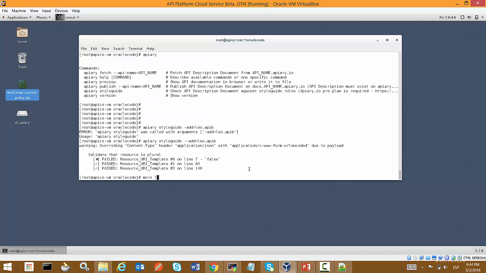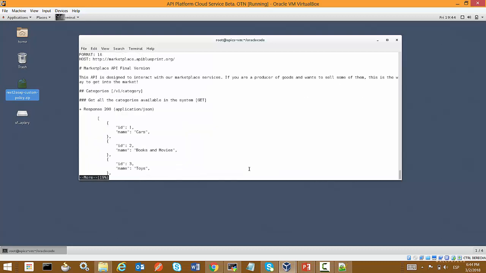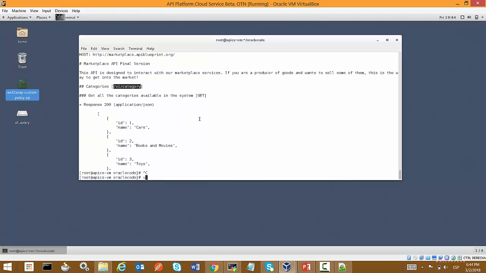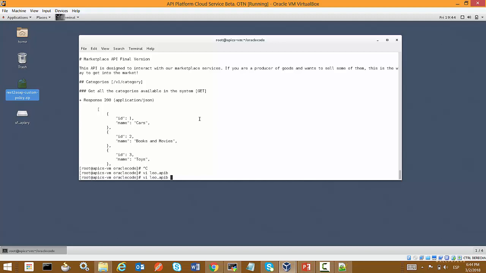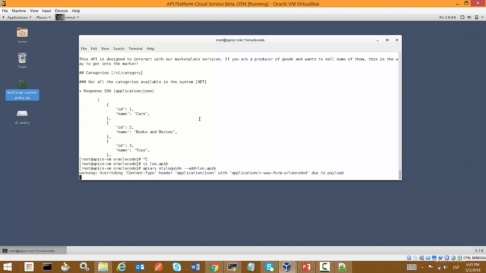If I do a more on Leo API blueprint, we can see that category is not. So I am going to change it, and I'm going to say this is categories. I'm going to save that and apply it again.